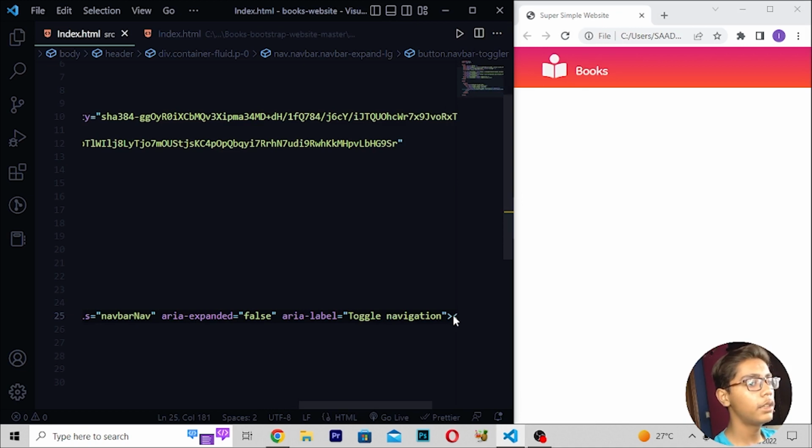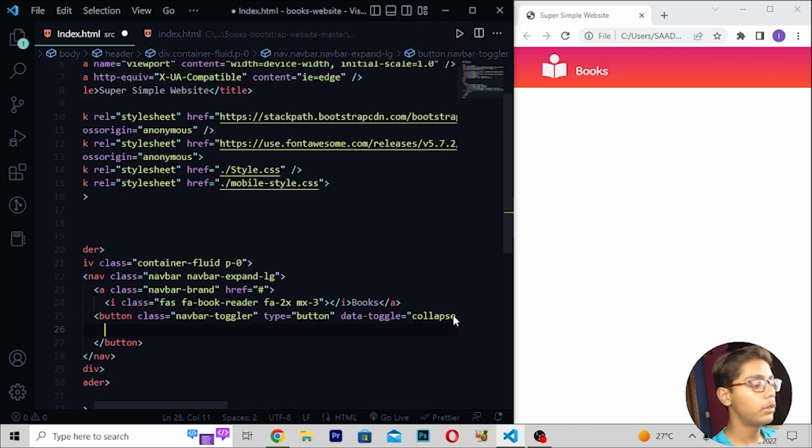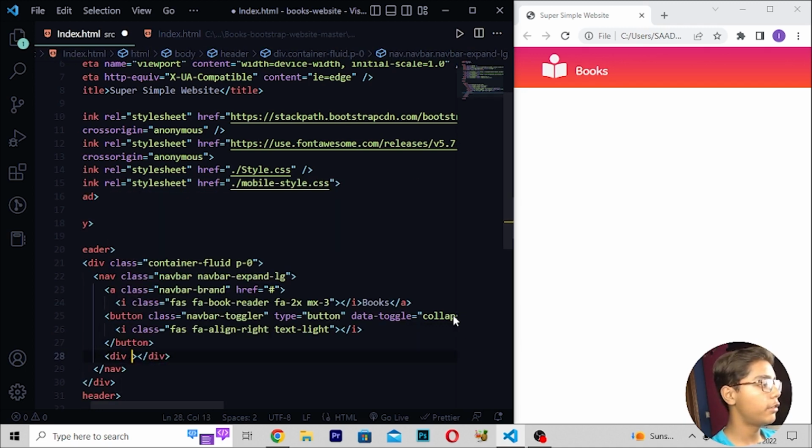Now when you're getting this, here I will be now moving down, right here i tag. Then in this i tag you have to write class, which should be fas fa-align-right text-align like this. Then when you've written this thing, just here I will be now writing text-light. Then here I will be now moving down, right here div class collapse navbar-collapse.